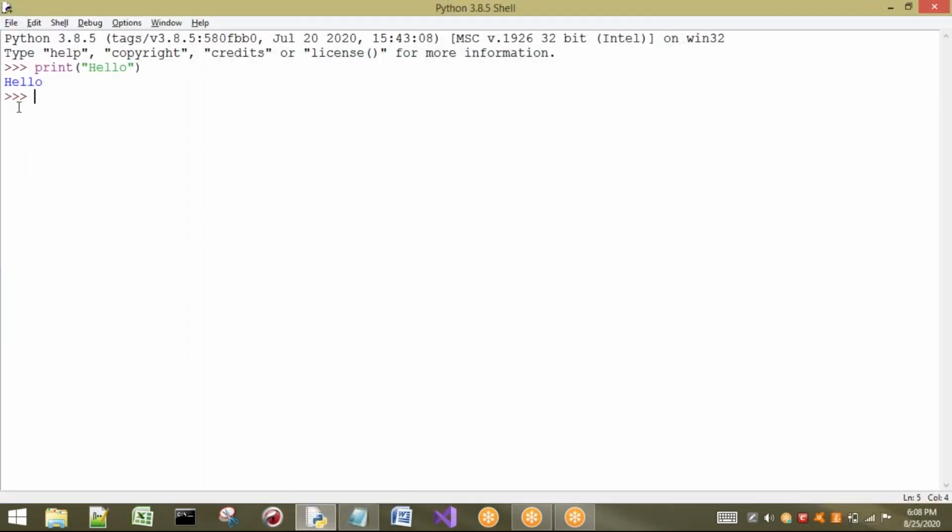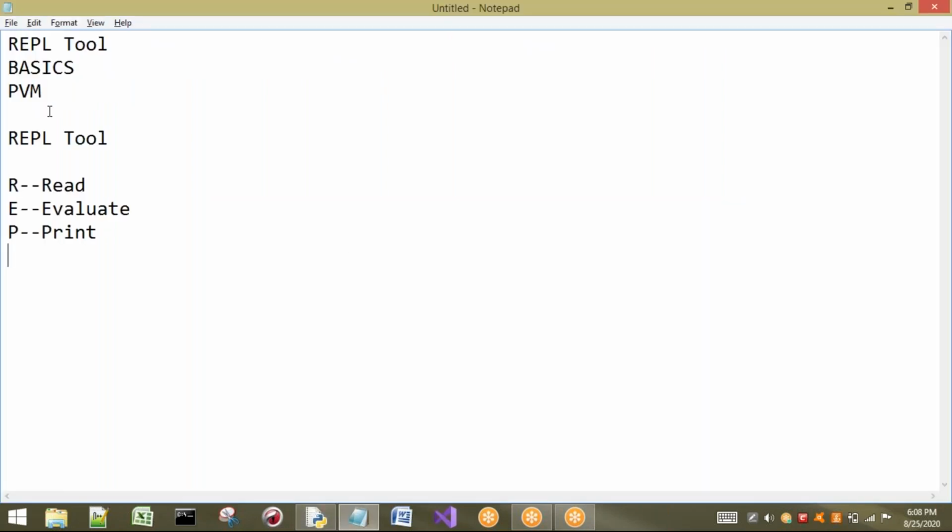Now again it is ready to execute some other statement. For example, I want to print my name, say print Hari or Shiva. Here I enter my name. Again it is going to read, again it is going to evaluate, again it is going to print. Next it is waiting once again for a statement to be evaluated. That means a loop. It is repeatedly doing the same thing. So L is nothing but a loop.